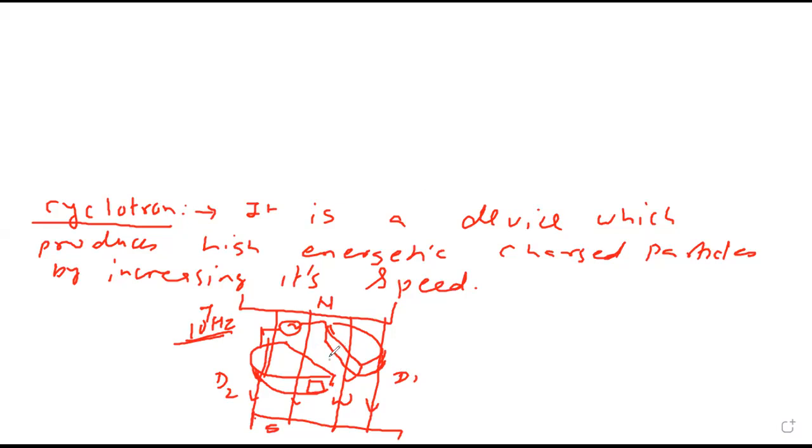Now, ionized charged gas is created, which is made to pass through the center. D1 is kept at negative potential so that it attracts this positive charge. As soon as it completes half revolution, polarity is reversed. That means this becomes plus and D2 becomes minus, so it pulls that charged particle towards itself. Again polarity gets reversed. This process continues till velocity increases, and then the high energetic charged particle is brought out through the window and made to strike the target material.